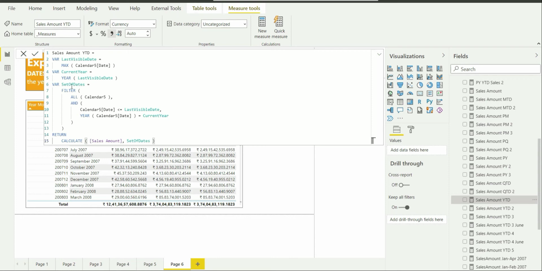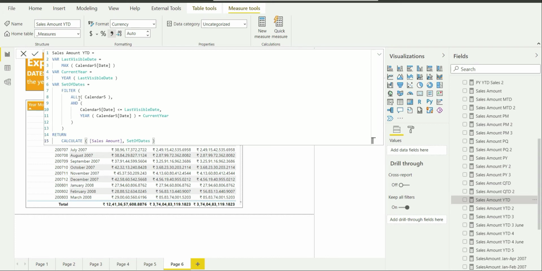Now I have created the third variable, which is set of dates. I am using the filter function of DAX over here. In the first argument of the filter function, I am passing calendar 5 and applying ALL over it. ALL removes all the outer as well as inner filter context from the calendar 5 table.